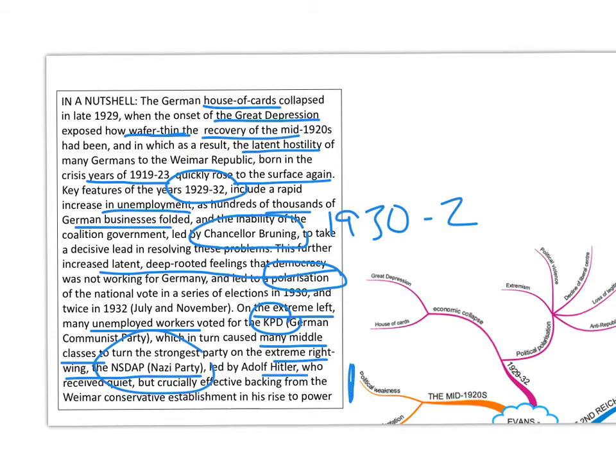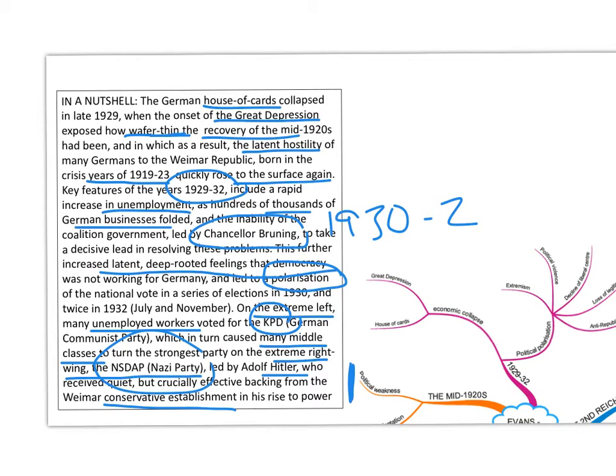But the final point is also important. Hitler's rise to power wasn't just about getting lots of votes. He also had that backing from the conservative establishment. In other words, the Junkers, the elites, the Prussian elites of the Kaiserreich, but also the industrialists. Now remember, in 1919, way back 10 years earlier, the Ebert-Groener Pact,